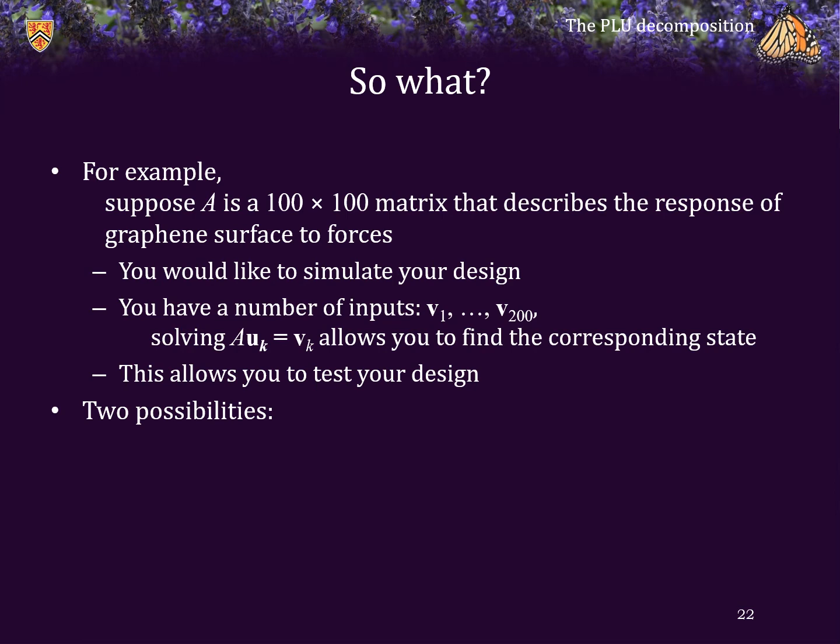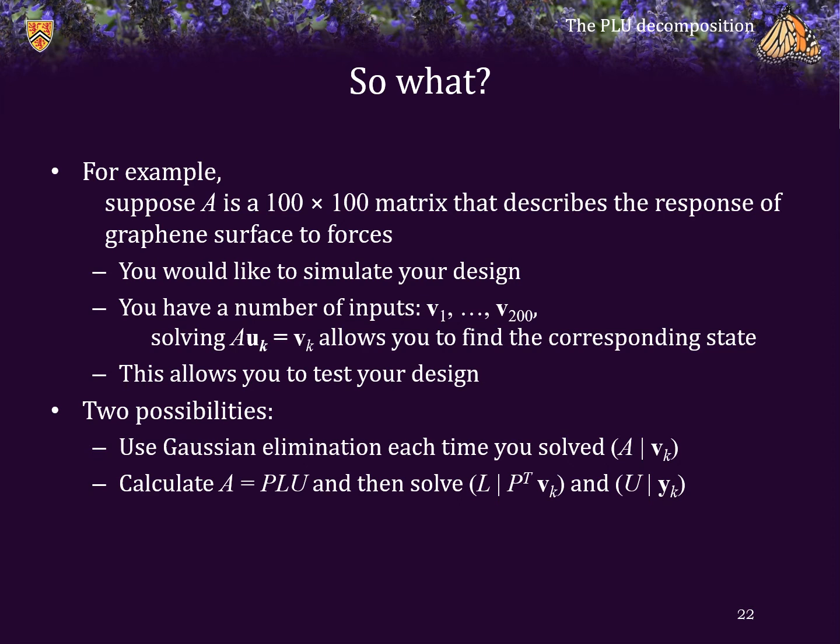Now, there are two possibilities that we could do here. We could use Gaussian elimination and backward substitution with every single input V sub k. We would then do that for all 200 and see how the system responds. Alternatively, we could once and only once calculate A as equaling P times L times U, and then for each